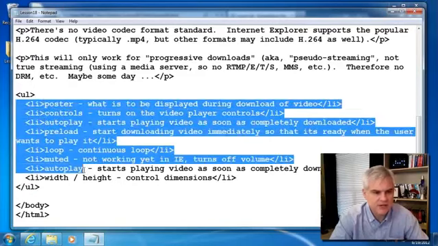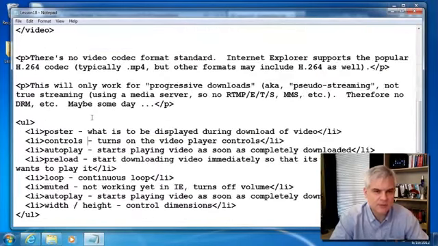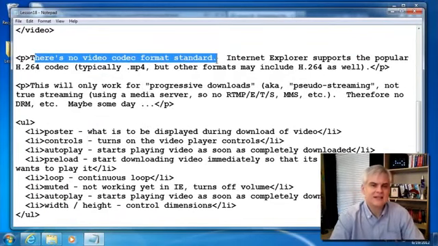I would just invite you to try different combinations and learn a little bit more about this. As I note, there's no video codec format in the specification. Internet Explorer supports the very popular H.264 codec that typically is encoded in .mov or .mp4 movies. Apple also supports this. And then also I want to talk about that the video player currently only supports progressive